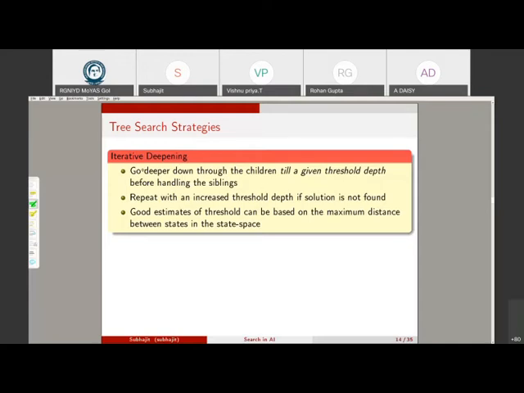One very clever strategy to combine both BFS and DFS is something referred to as iterative deepening. The idea is that, let us say you are at the root node. What you should do is try to do a DFS, but only till a specific threshold, let's say dt. So you expand to some child, expand to some child, expand to some child, and expand to some child. Once you hit dt,